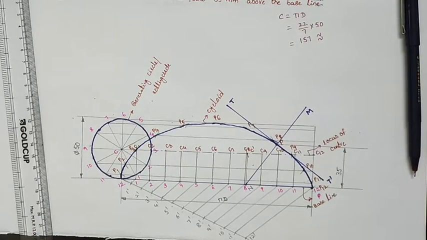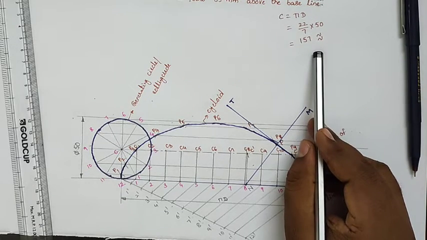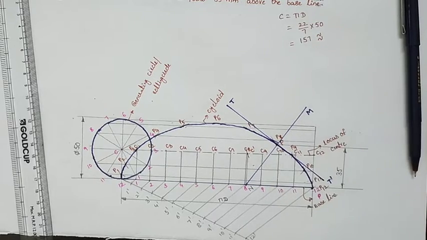Okay, for constructing a cycloid, first of all we will draw the rolling circle or the generating circle with diameter 50 mm. That means you can take 25 mm radius and draw a circle as the base circle, as the rolling circle. After drawing the rolling circle, give the notations by dividing the circle into 12 equal parts, each angle being 30 degrees. We can find the circumference of the circle, which is 157 mm. From the fixed point 12, we will draw a baseline with the circumference of the circle, 157 mm.